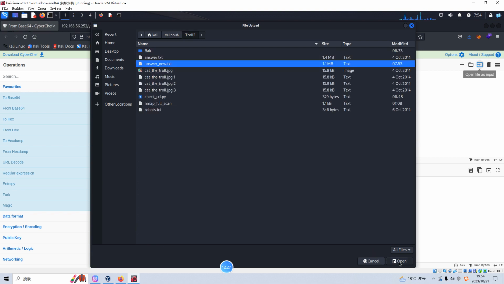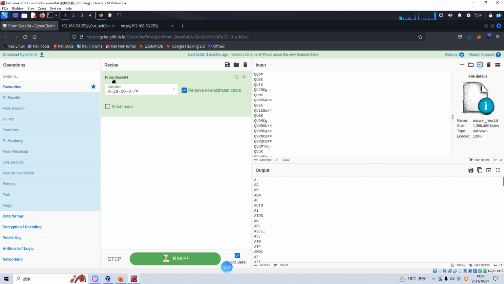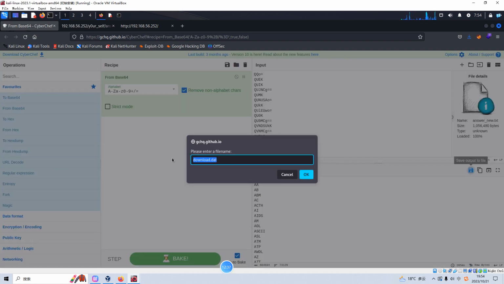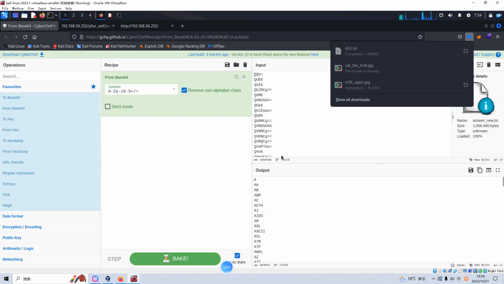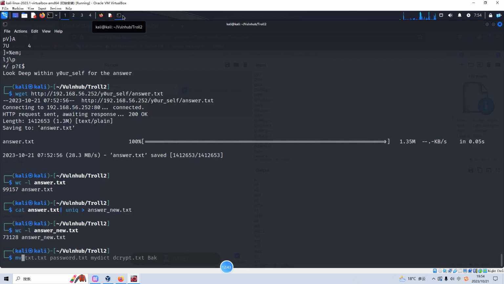This one. And we need to select base 64 as the operation. And we can download this dictionary. Okay. Now we can move downloads